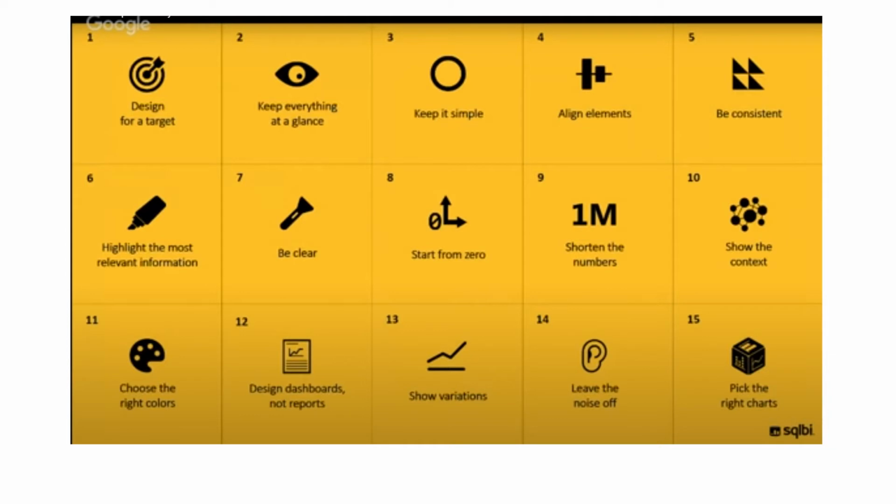And show variations. It's similar to context. If there are changes, let us see the changes that are happening so as we can follow. I mean, whoever is looking at the data should see, okay, last week it was this, this week it was that, there was a 5% change. Then leave the noise off. This requires that if something is not important, don't put it there. If it's just noise, it is just making noise in the data set, just leave it out and pick the